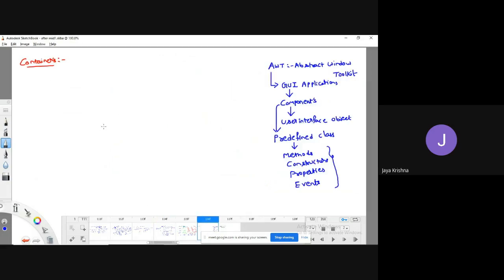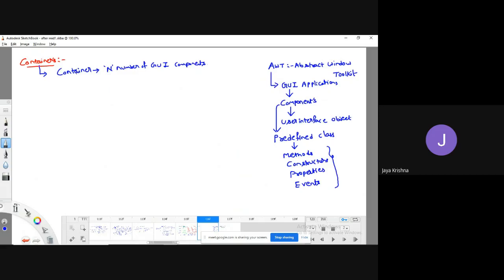Okay, fine. So what do you mean by container? Container is a class, not containers, only container, which allows us to add n number of GUI components to the screen.